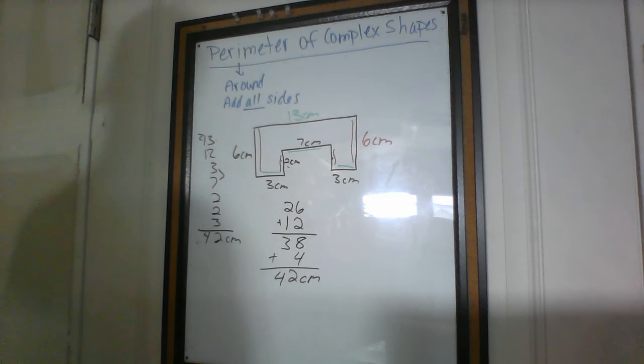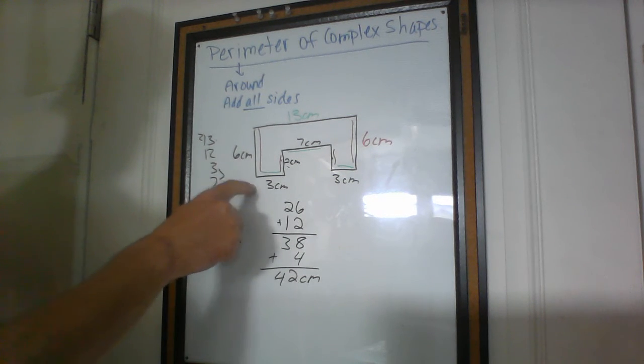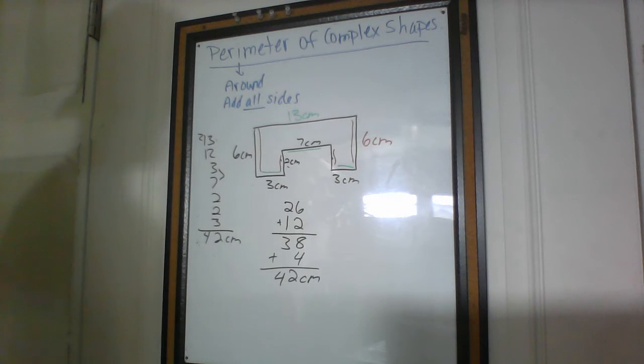Okay, so these are types of problems that you are going to see on your homework. Slow down, make sure you get the correct answers on these. They're not difficult, but make sure you're keeping track of the missing sides and make sure you're not overlooking those and forgetting those, because I almost forgot one with mine. There's a couple shortcuts you can use,